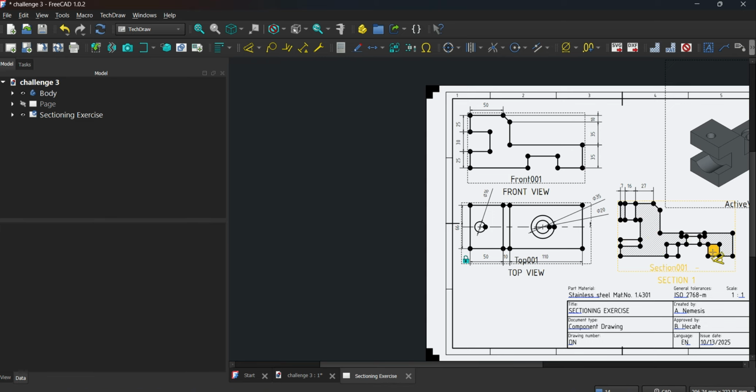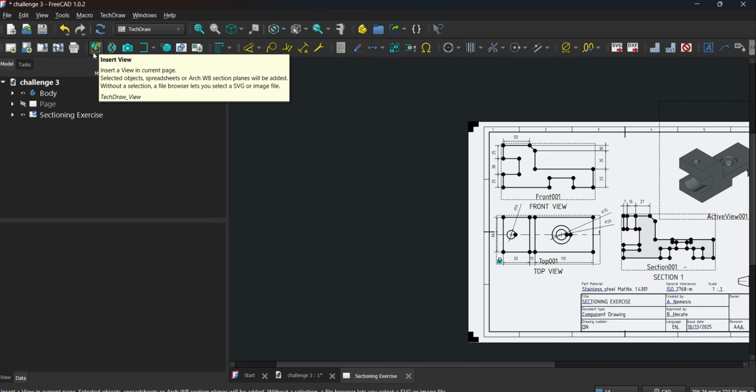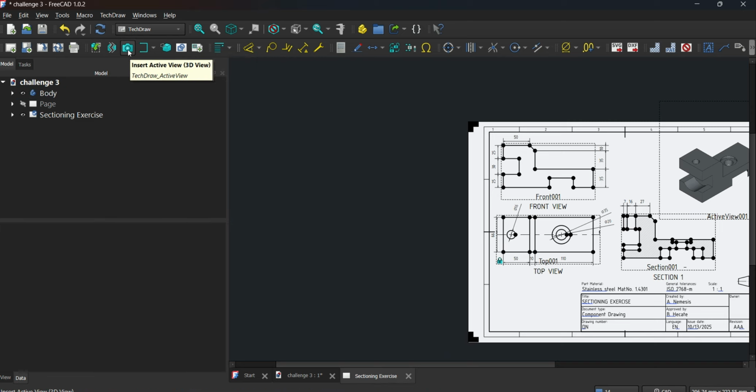Now for the review, this tool is to create or to insert view. Again, to use this, you have to click the body first, then click this one. We have also used this to insert active view. So what is inside your 3D model, the active view will be like a screenshot and then pasted on the page. We have also used this one to cut the plane. This one is insert a simple or complex section view. Then this one we have not tried yet. So again, we have 3 tools for today. This one is for section view, this one is for inserting view, and this one is for inserting active view.